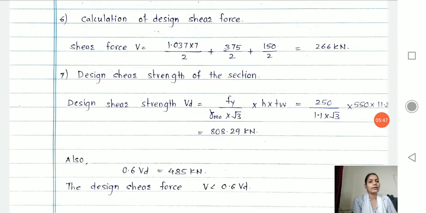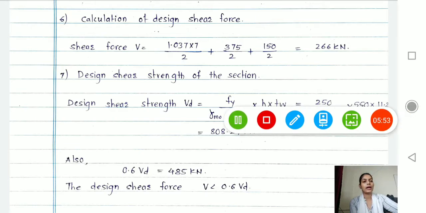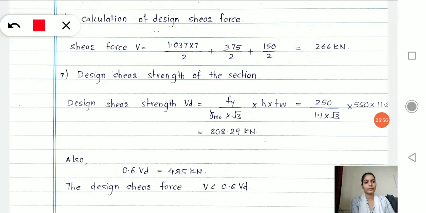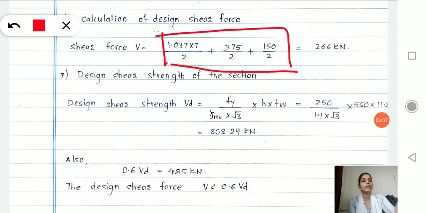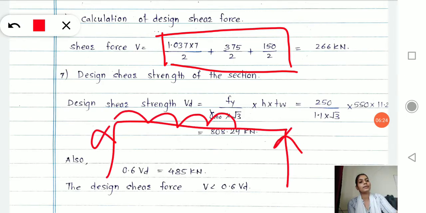Let's see the calculation for shear force. First we will calculate shear force, and we know how to calculate it for a simply supported beam carrying UDL and point load. There is a standard formula that is known to you. Instead of writing the formula, I have directly written the values. I hope from the strength of materials topics you have understood how to calculate shear force for standard beams, and from there I have calculated the shear force for the beam which is simply supported, having UDL upon it and a concentrated point load. Okay.